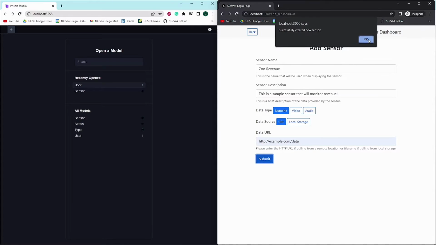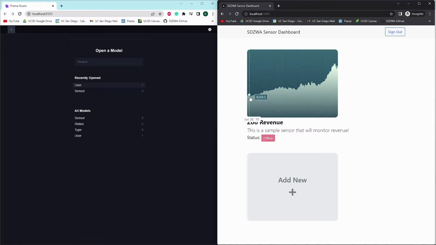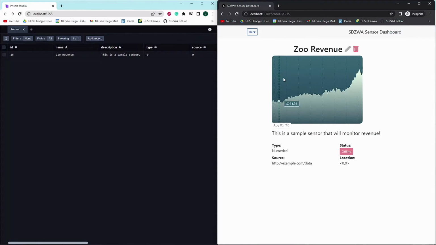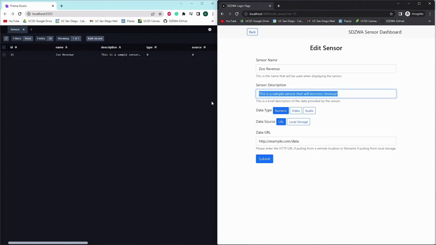Using the VisX visualization library, you can also see that our dashboard tiles are interactive and responsive. Going back to the database, we now see the new sensor entry, which has various forms of metadata to tell you information about the sensor, where it's coming from, and much more. Now we have an individual sensor page, which has more information about the sensor, and it also allows you to